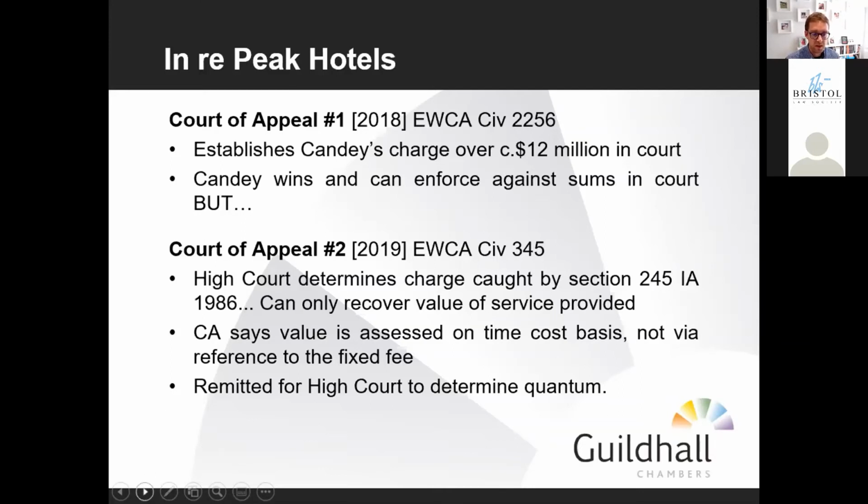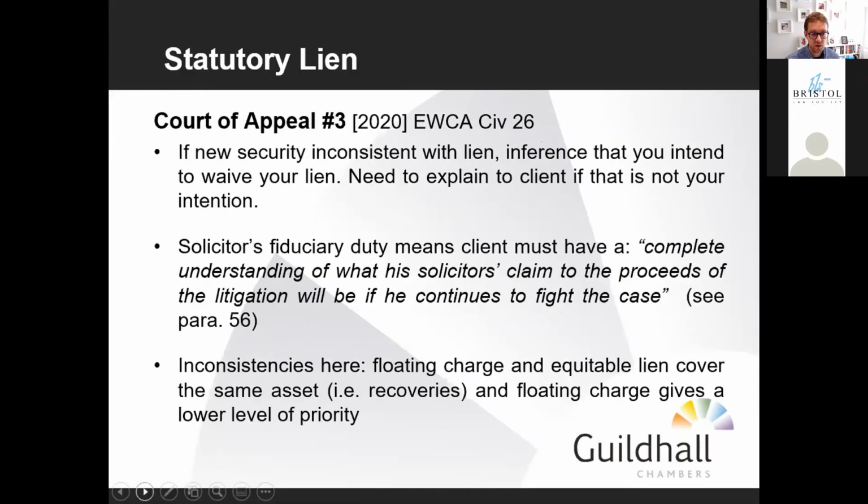Now, because Candy lost in Court of Appeal 2, or rather they lost that point at first instance before it was pursued on appeal, they applied under section 73 for a statutory lien over the recoveries. Because there's £14 million coming in, section 73 says that they are entitled to apply for a lien over it. The liquidators sought to defeat this by running a waiver argument and by arguing that where a party seeks to